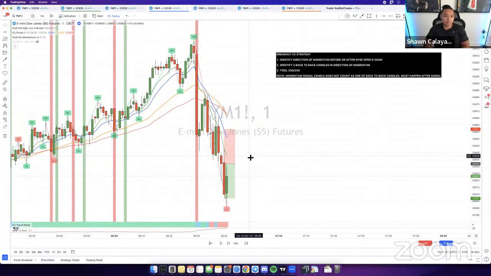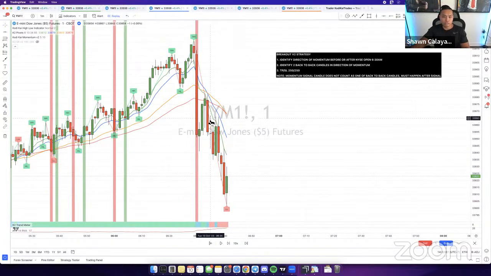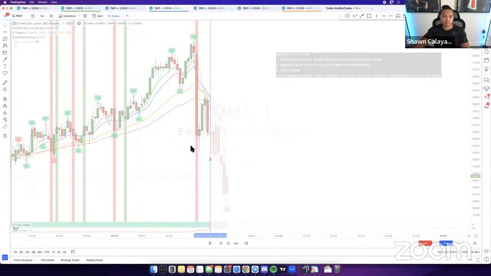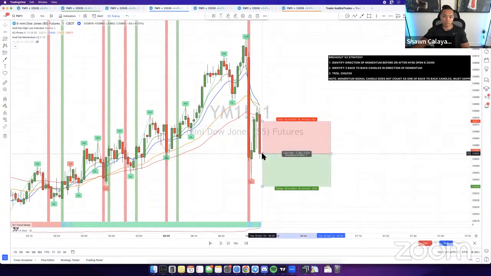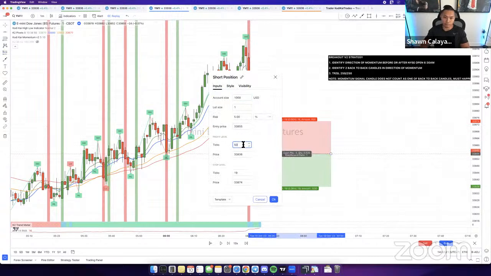And that was something that was hard for a lot of people, right? So for example, if you were applying the strategy the original way, your entry would actually happen up here. See how we have a sell momentum, the trend is swinging down, and you have a strong green candle right here? If you were to apply the original breakout, for those of you who are familiar with it, this would have been the original breakout right here.